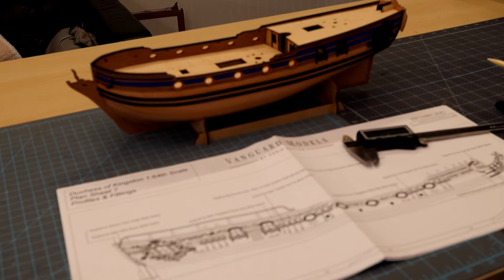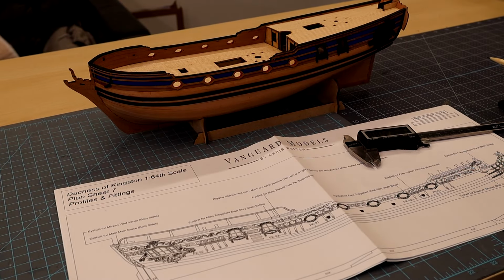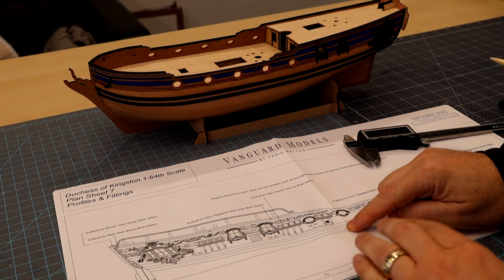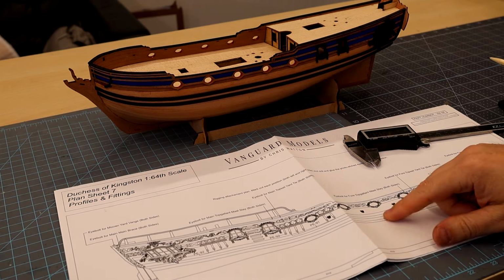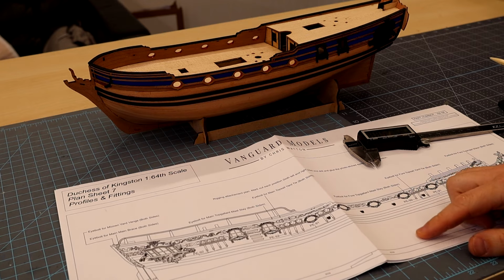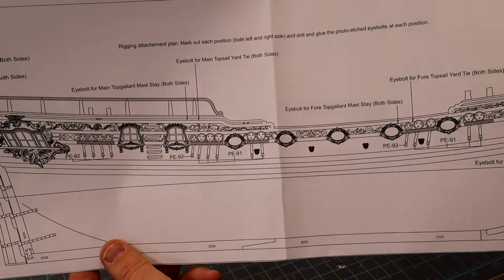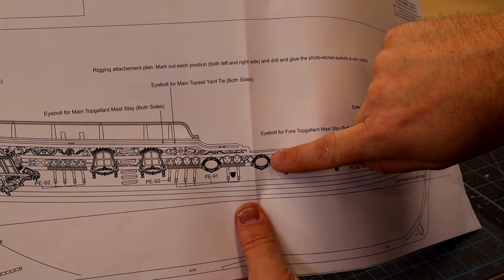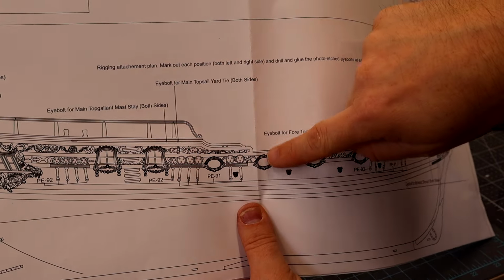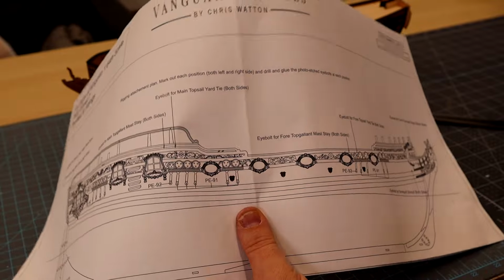So moving along here, the transom is glued into position on the back of the hull. We'll take a look at that in a minute, but I'm ready to mark out my waterline, and they tell you to reference the plans to do that. So you can dig around and find your plan, but I'm going to go ahead and measure under the second from the stern, approximately, gun port, and measure that line. I came up with